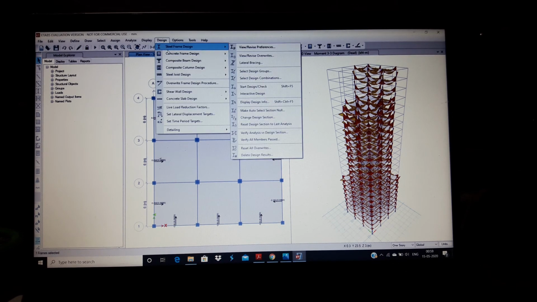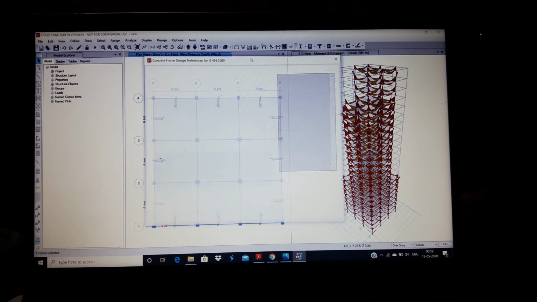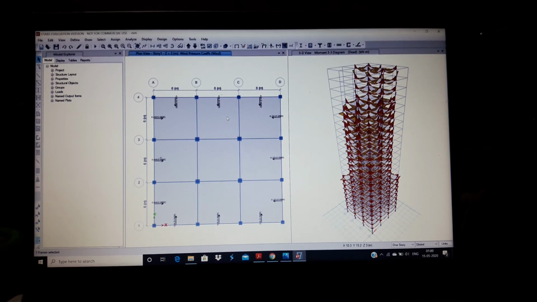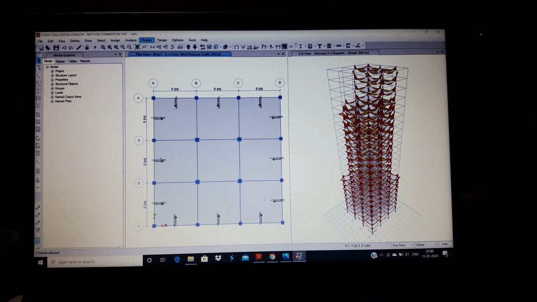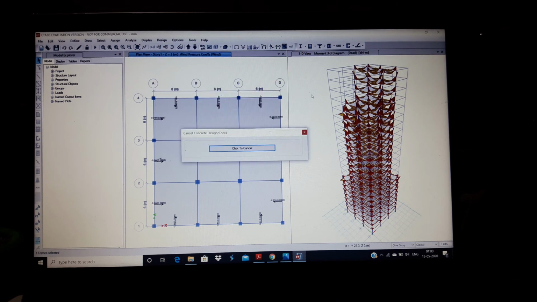Now click on the design menu and then concrete frame design. View and revise preferences. Firstly, here it is set to IS 456 2000. Then click on OK. Now again go to the design menu and then concrete frame design, start design check.